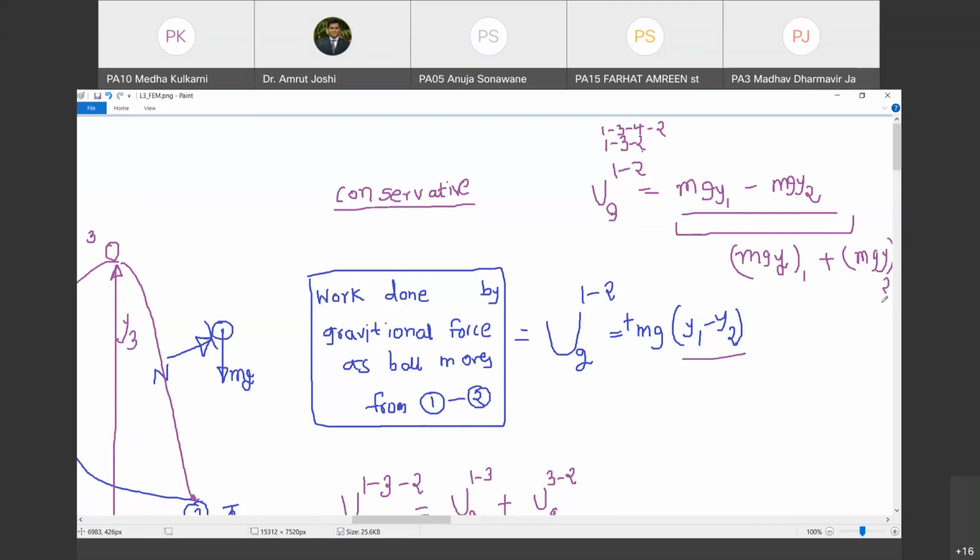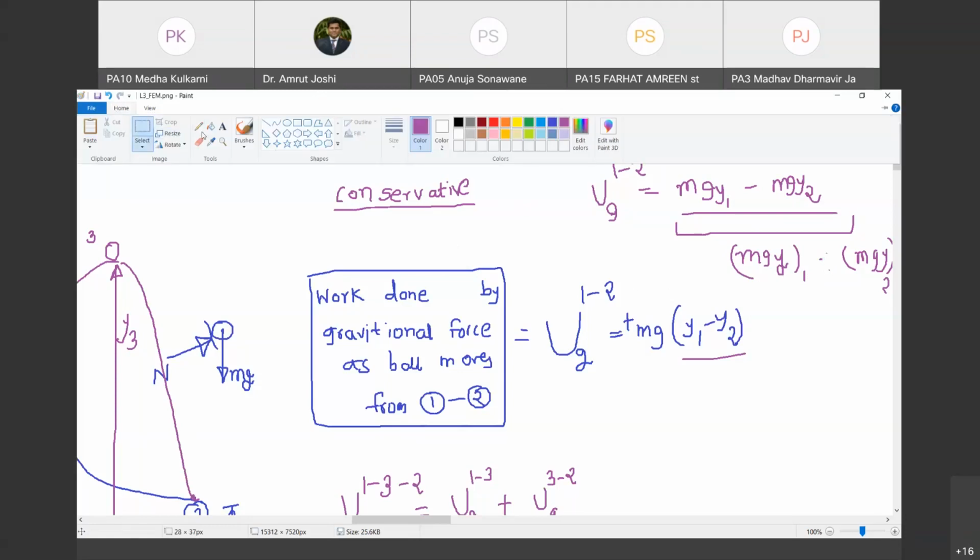तो अब इंजीनियर्स और साइंटिस्ट शांति से बैठ नहीं सकते ना, तो नया कंसेप्ट लाया. कौन सा कंसेप्ट लाया? आई विल कॉल mgy एज ए पोटेंशियल एनर्जी. यू कॉल इट व्हाटएवर यू वांट, दैट इज यूजलेस क्वांटिटी. आर यू विथ मी? But the change in potential energy now is useful. That defines the physical quantity. Do you agree with me?